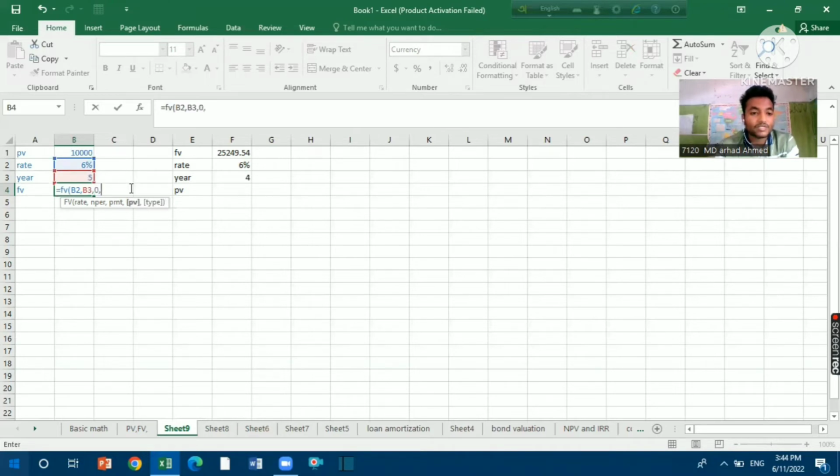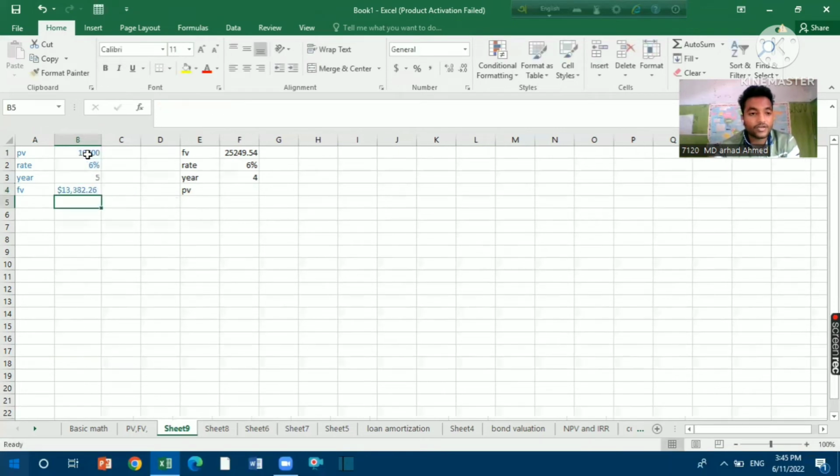And then here you can see the present value is the fourth argument. The present value should not be positive here: if you take a positive sign before the present value, then your future value will be negative. So to make the future value positive, we should take a negative sign before the present value. And the last requirement is type. Type will be 0, and then close the bracket and press enter. We will get the future value. That means if you invest $10,000 in a financial institution at 6% interest for 5 years, after 5 years you will get